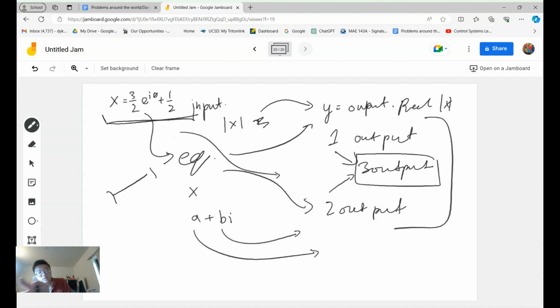Which, thinking about it, is very substantial and very useless. You're gonna have to do a lot to actually make this work. So this is a very useless system. But you get the general idea of the power of imaginary, where you can get multiple outputs with one value. You plug in something, you get three outputs or two outputs or whatever. That's the power of imaginary.